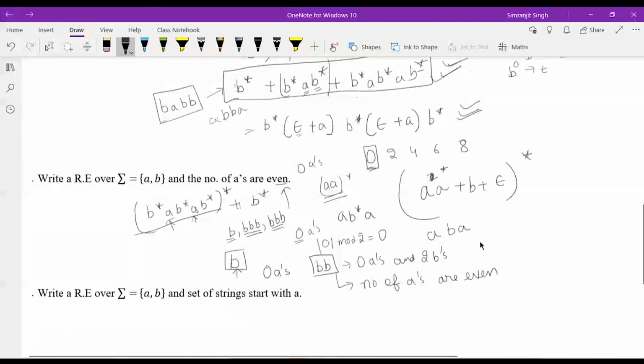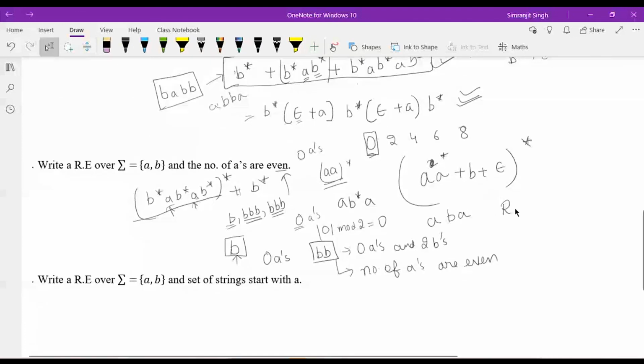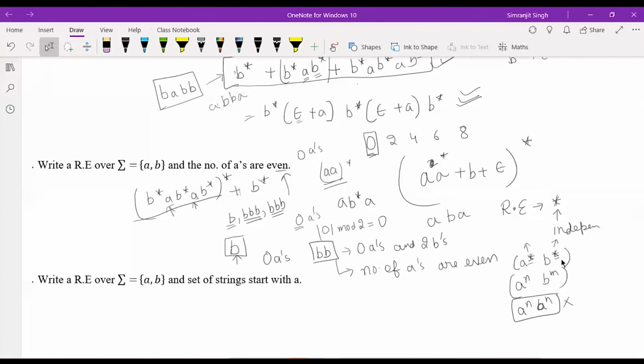But in a regular expression, if I write A star, it doesn't mean it is dependent on another star if one is written. If I'm writing a regular expression that says A star followed by B star, it means that this star is independent of this star. I do not have to separately write that it is raised to power n and it is raised to power n. If you follow the notation A raised to power n, B raised to power n, that becomes a totally different thing. But if you write A star B star, it exactly means that this star is independent of this star. There is no dependence between them. That is why I am writing star here. All right, sir. Got it.